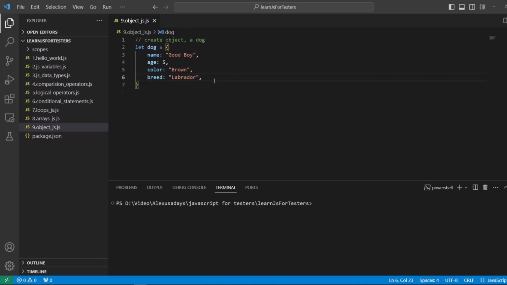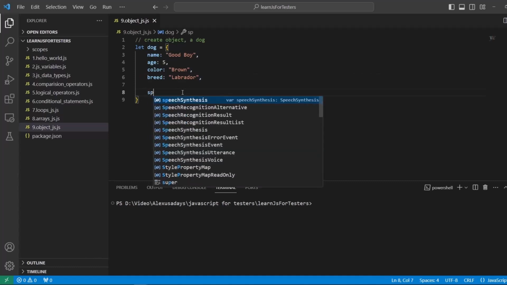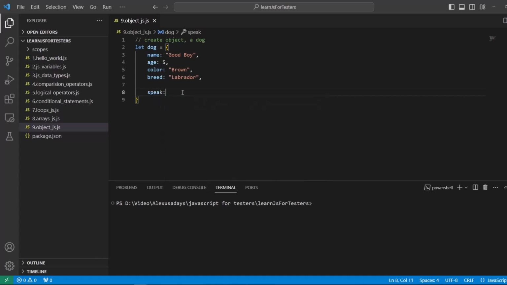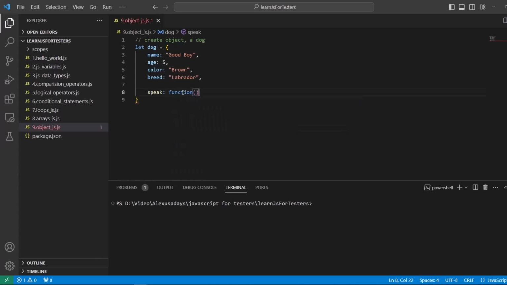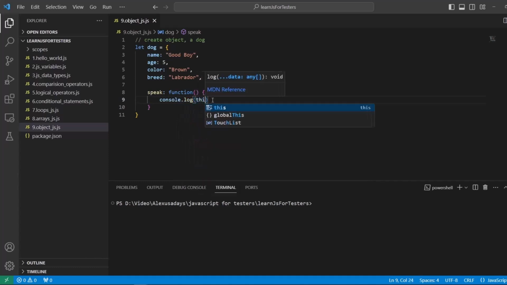So I have to separate it with a comma here as well. That's another property. And the name will be speak. So I can say speak and then say function here. We're not passing any values, so the parentheses is empty. And now within the curly braces, the code block for the function will be, let's say console.log, and we gotta have say this.name plus, and let's say says